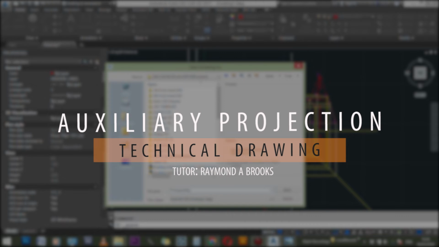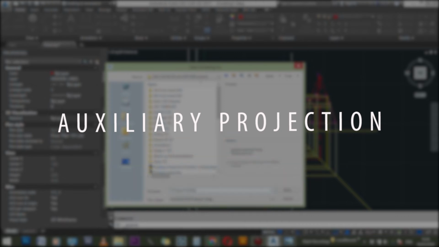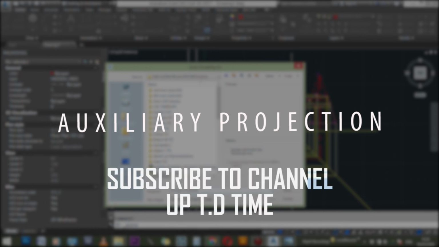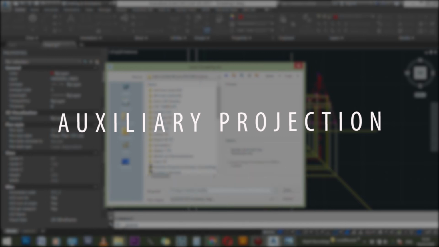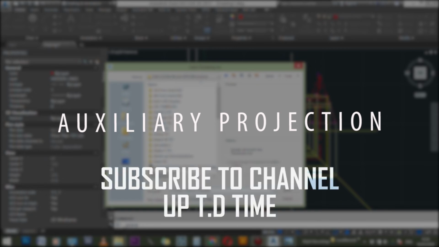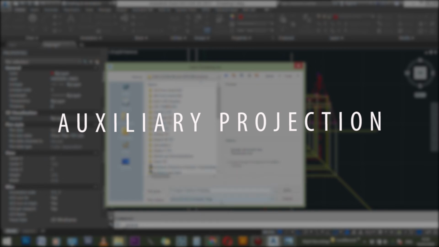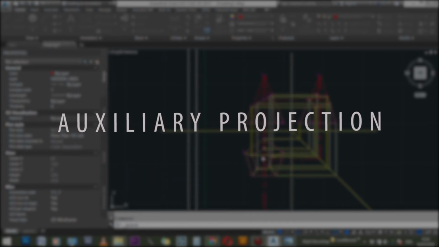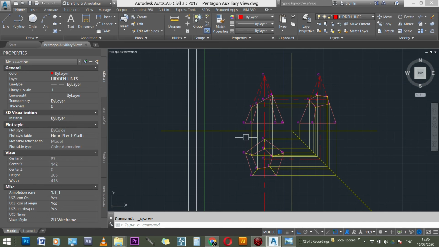Pentagon, auxiliary, auxiliary view. Right, and I have everything saved as AutoCAD 2013 DWG, and that's purposely done so that I